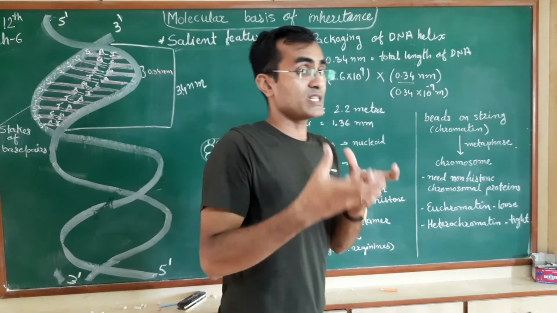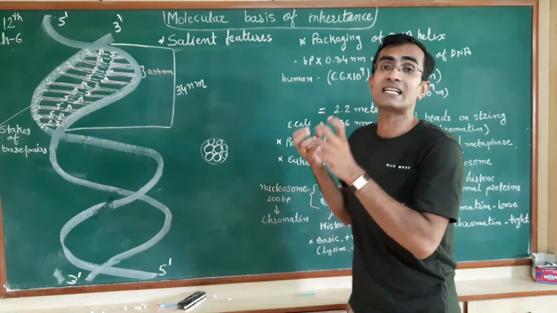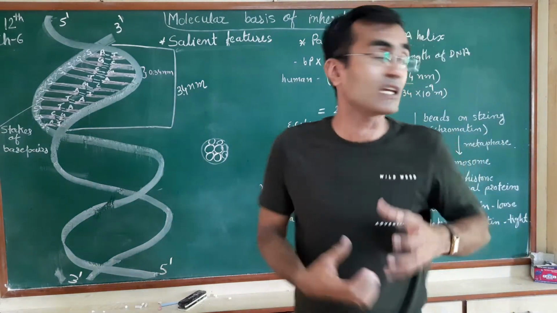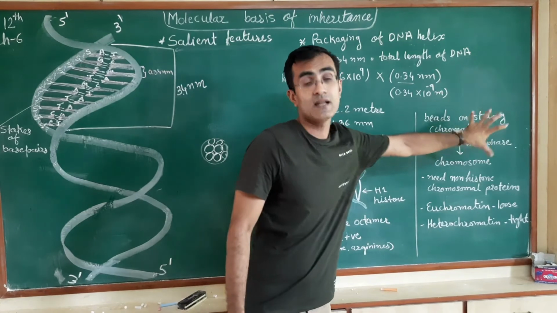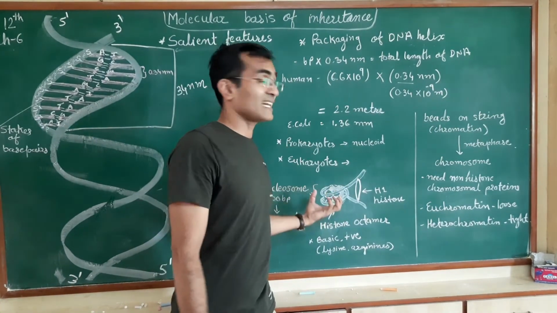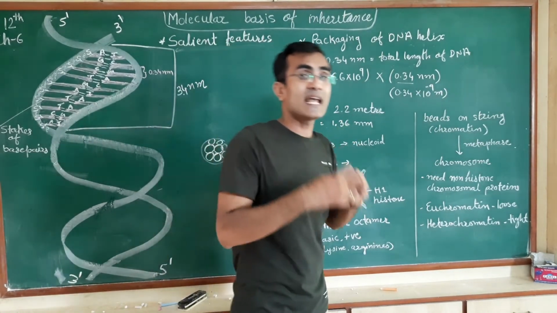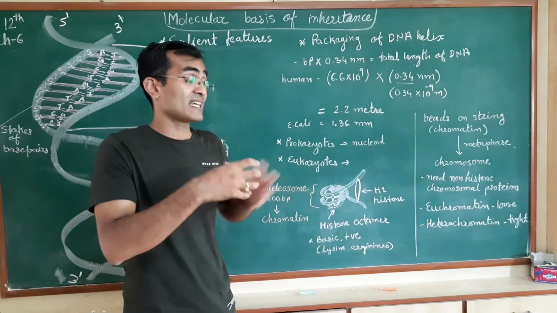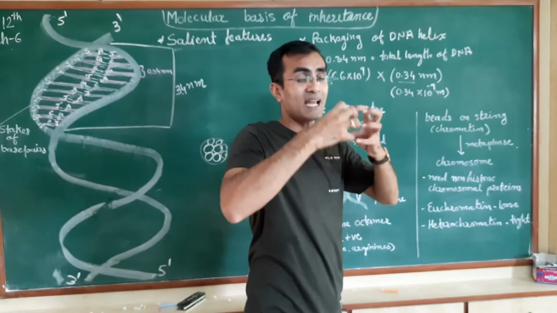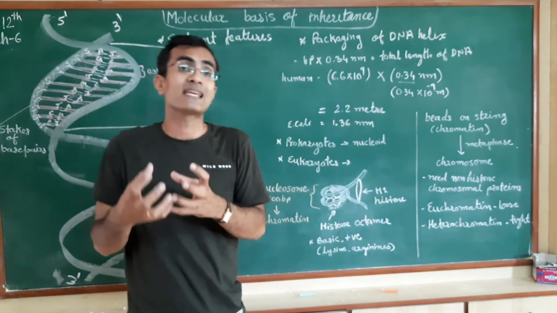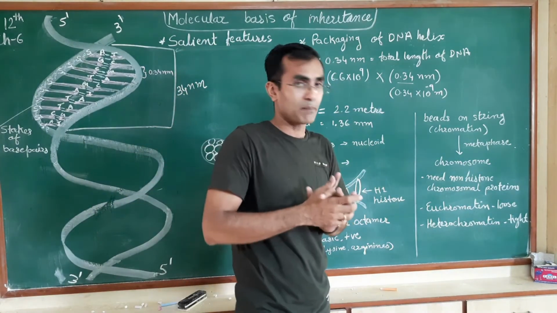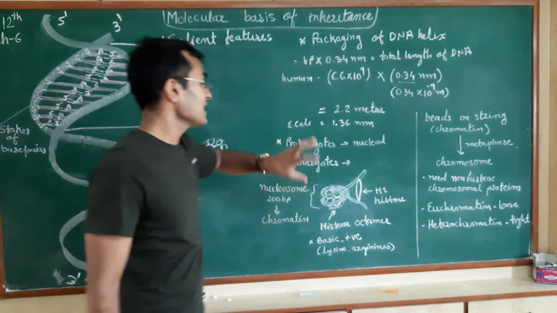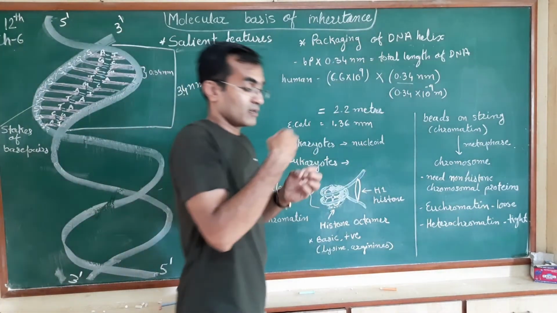Now there is a question here: why does the DNA appear in the metaphase particularly? Why can you see a clear image of the DNA in this phase? Because whatever the DNA content is, it will be condensed and tightly packed. That is why it can appear easily. If something is tightly packed, it will appear easily. If it is loosely packed, it will not appear that easily. Okay, so what happened in the metaphase? The DNA gets tightly packed.